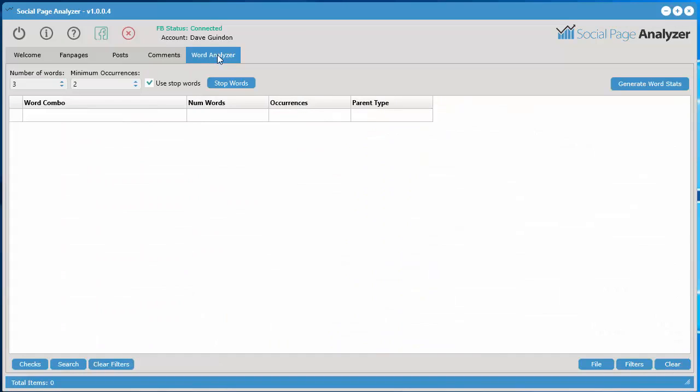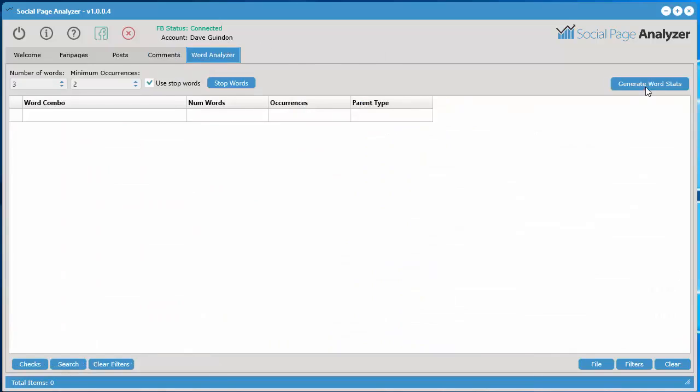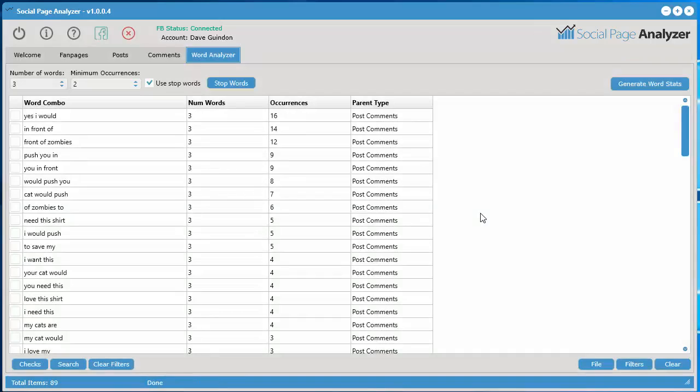Let's go on over to the word analyzer. What is the word analyzer? This thing is so cool. It will identify repeating word combinations within the comments or the posts. So you can select whichever you want. In other words, there's 1,000 comments here. Are there repeating words in there that people are talking about a lot? Let's click generate word stats, and I'm going to do that for the comment messages. And boom, just like that, in a split second, it went through 1,000 comments, and it showed me